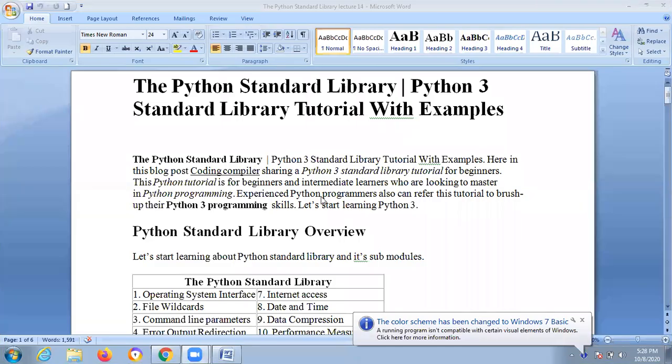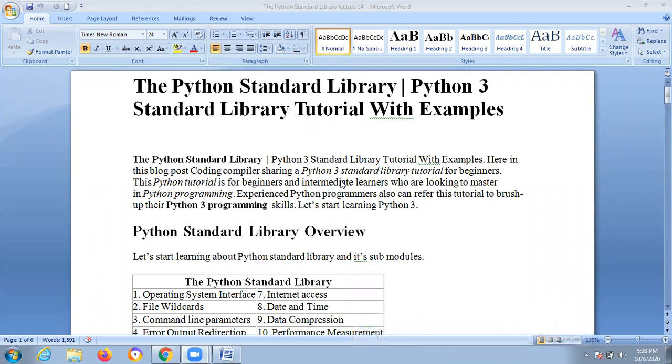In this lecture, I am going to explain the Python standard library. The standard library functions are available in the Python software. Then what is a library? For every programming language, there will be one library, the standard library. Whenever you provide anything, first it will search the library. According to the files present in the library, only then will it function the program.